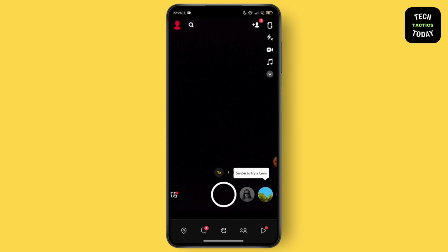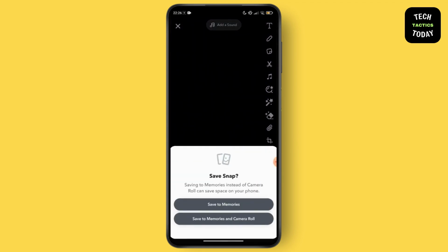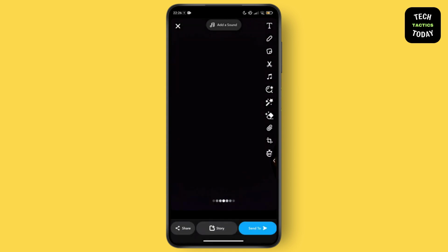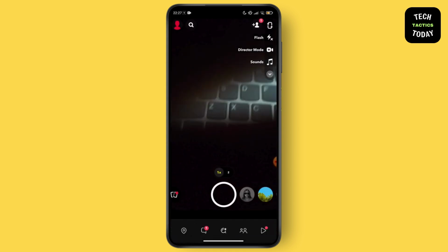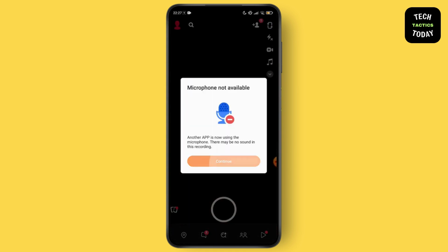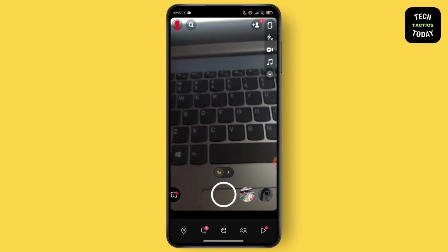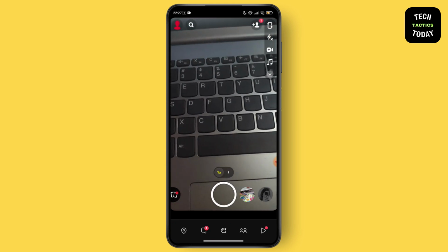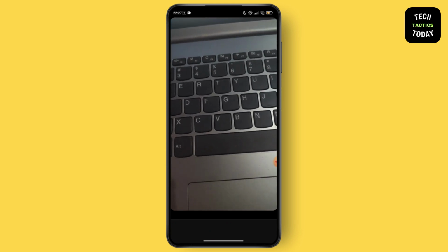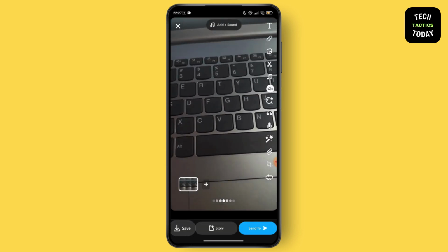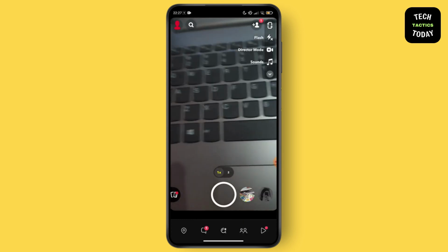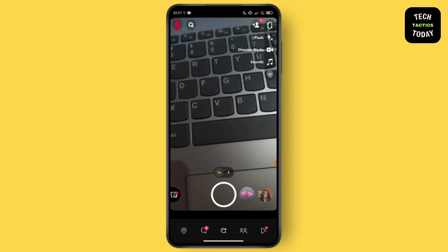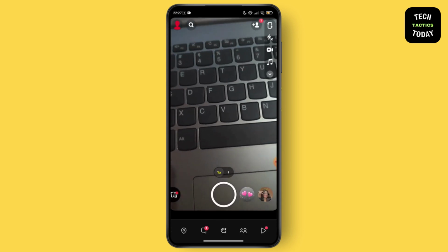Once you have opened up your Snapchat and you want to hide your photos and videos, go and click the photo by tapping on the circle icon here and go for the save icon here. After that, again go back and here you have to record a video. Go for the save option. Once you have recorded the videos and captured the photo, you have to go for the gallery icon